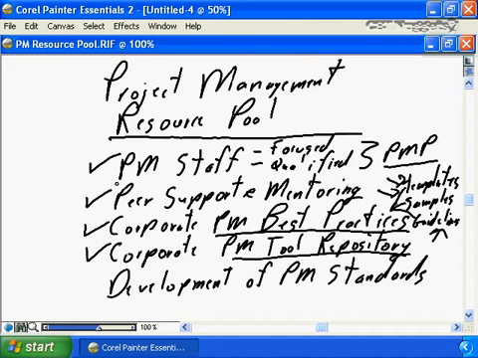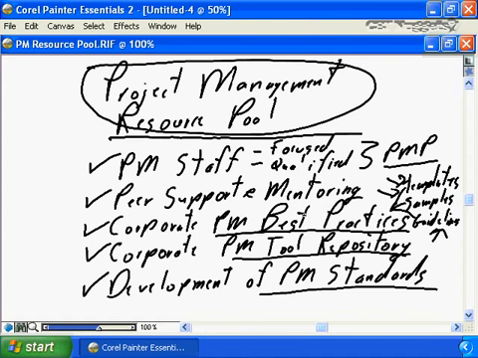The tools can be owned by the PMO, shared across the organization to make the purchase price prorated across all projects, to ensure that all projects are using a common set of tools, that again, all projects are being delivered to a common set of standards. It doesn't matter whether the project is being delivered for Business Unit 1, Business Unit 2, or Business Unit 3. Doesn't matter if the project is being delivered by Project Manager 1, Project Manager 2, or Project Manager 3. The PMO, as the owner of the Project Management Resource Pool, ensures that we have project management best practices, a project management tool repository, and a set of project management standards that define how projects are delivered,